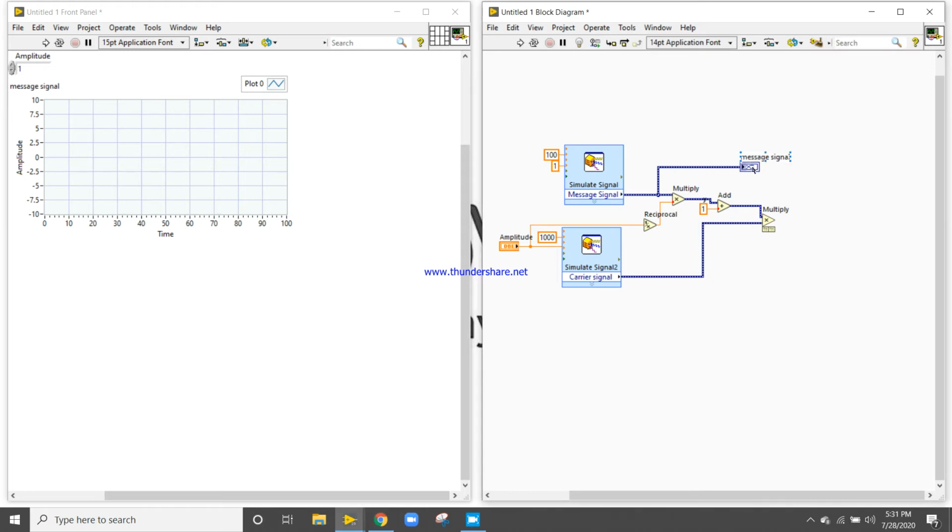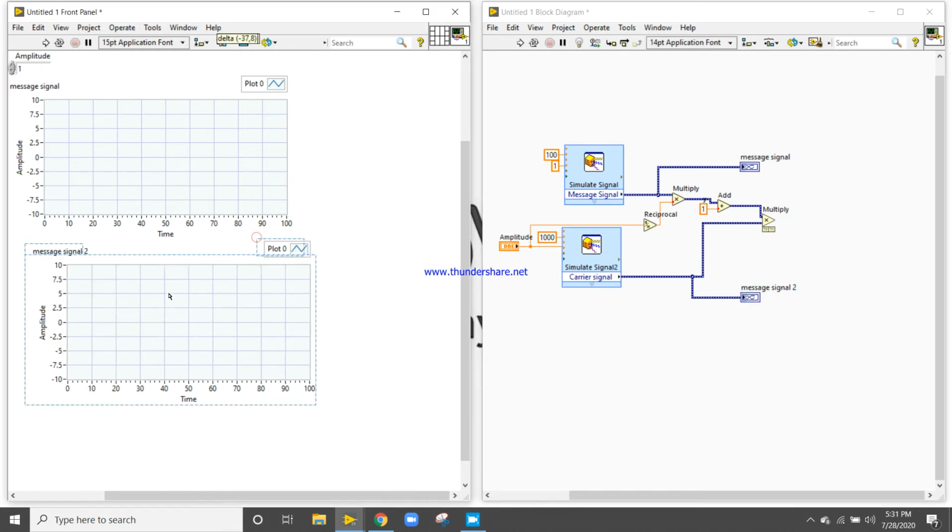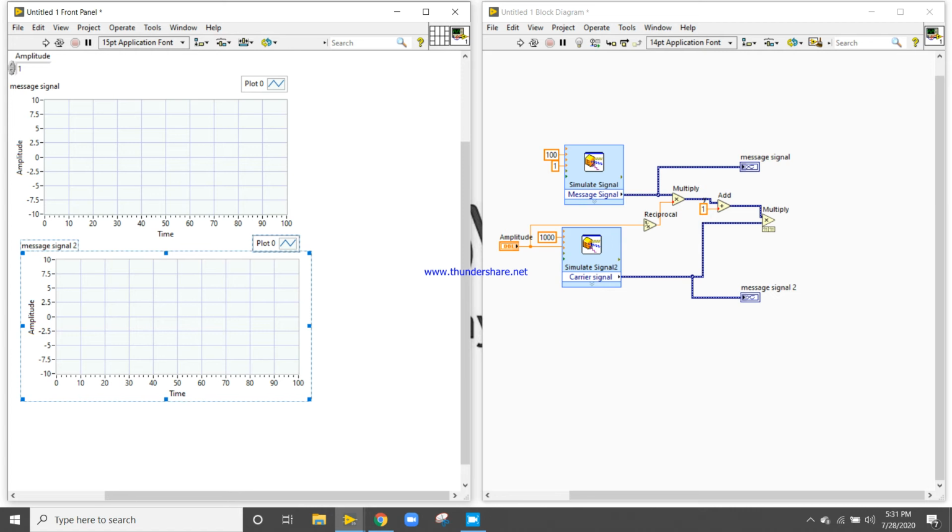Now take one more, and it will display the carrier signal. And this will display carrier signal. This will display modulated signal.